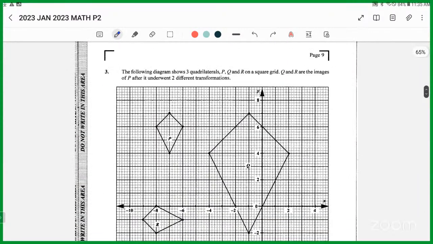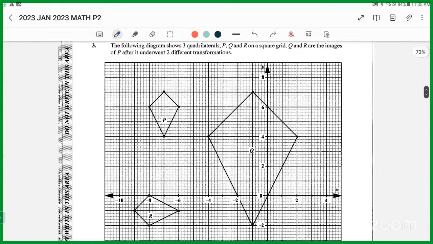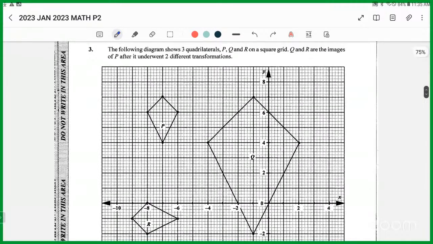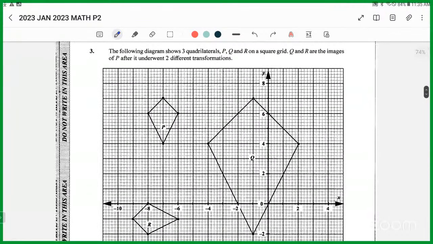This question actually gives some people some problem. Few times to ask. So kind of uncharacteristic. I would say ask this one as a special question. The question says, the following diagram shows three quadrilaterals P, Q, and R on a square grid. Q and R are images of P after